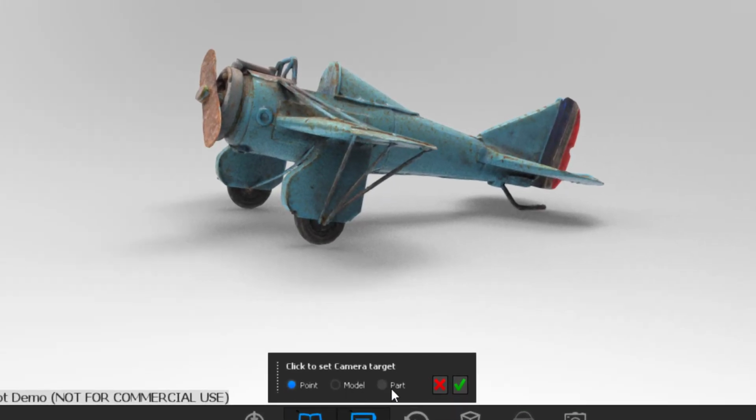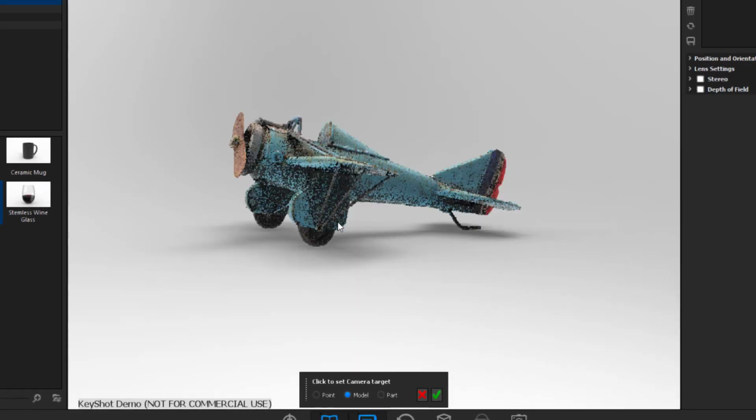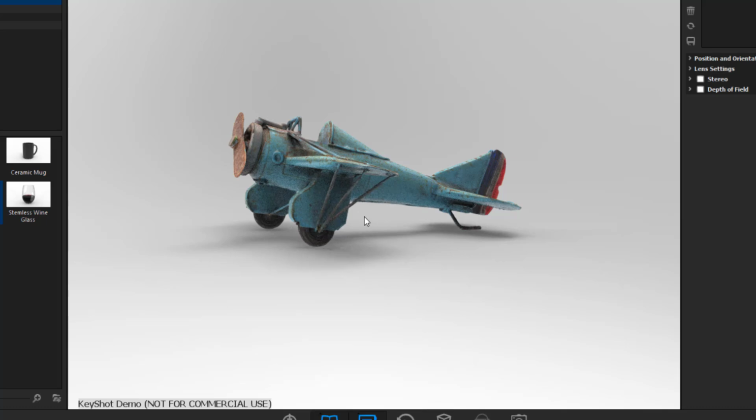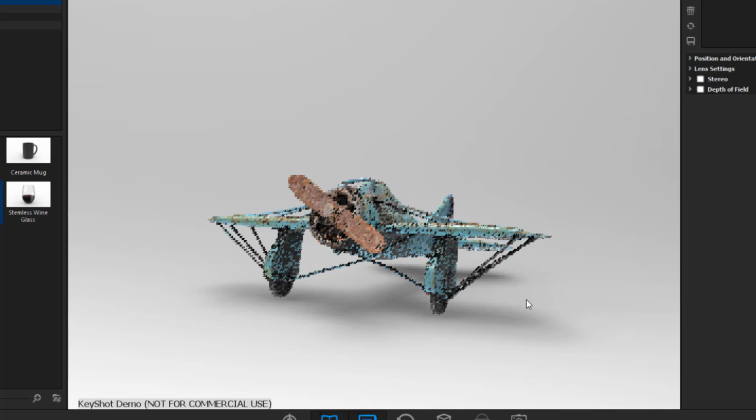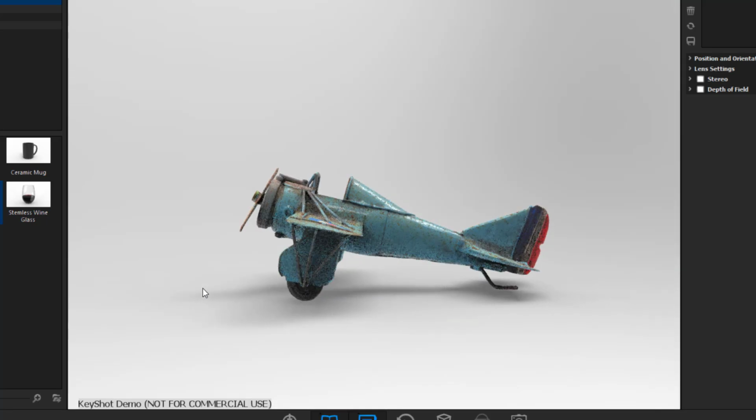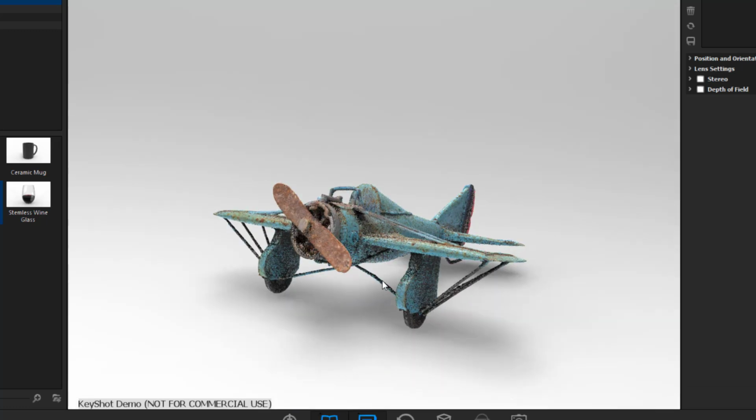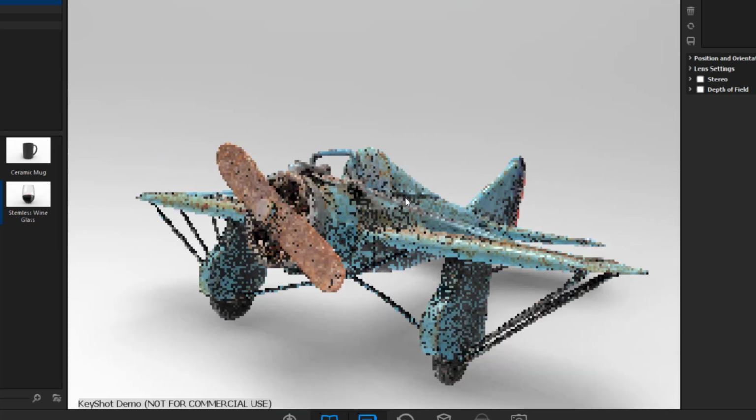You can choose to set a certain part of your model as your target, or you can just simply select the entire model itself and set it as your target. And to me, this is something really cool that would greatly increase the way you navigate directly inside here. Another thing to note is with the new Keyshot that we have here, since we already have this model,